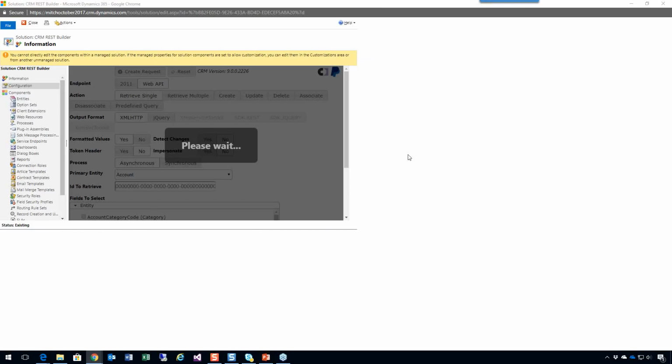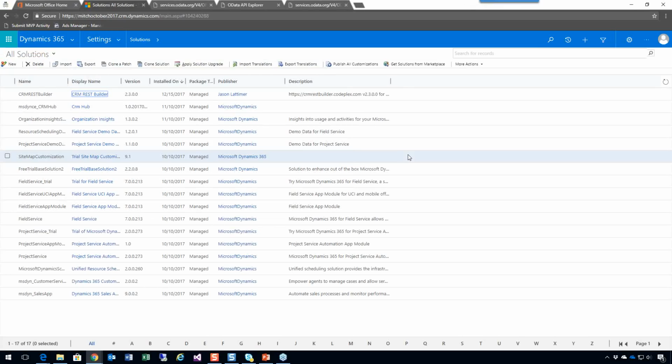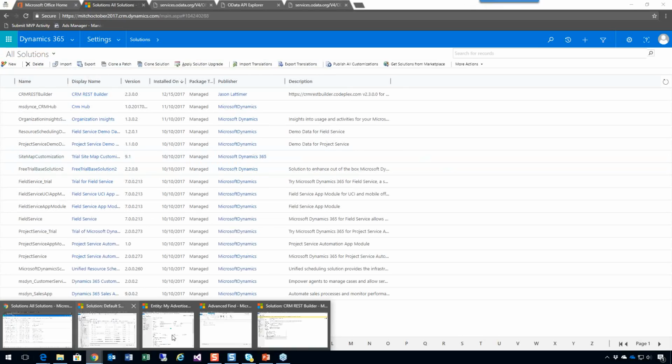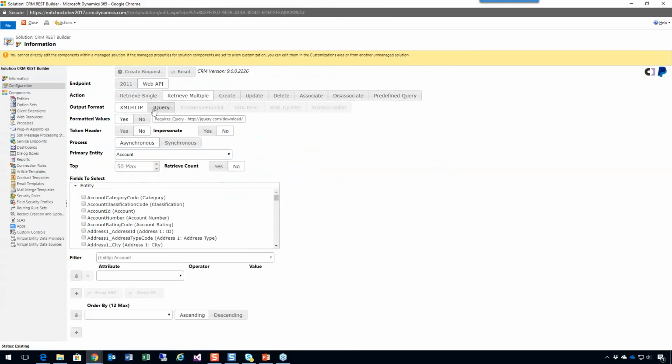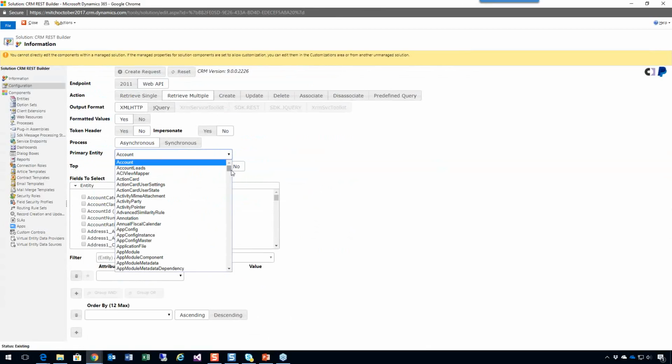Okay, so this is REST Builder. What it is, it's a self-contained solution. On the configuration tab is actually the user interface that you work with. So basically the way this works is you select how you want to query, the action you want to query, how you want to query it, different things, if it's asynchronous or synchronous. And then what I'm going to do is go down and select